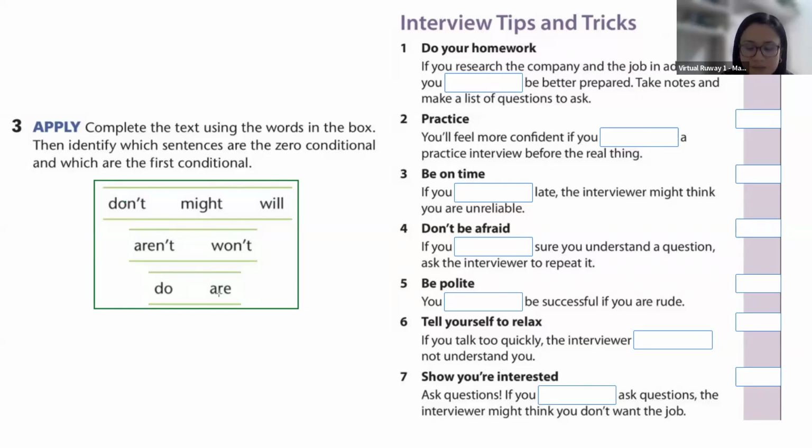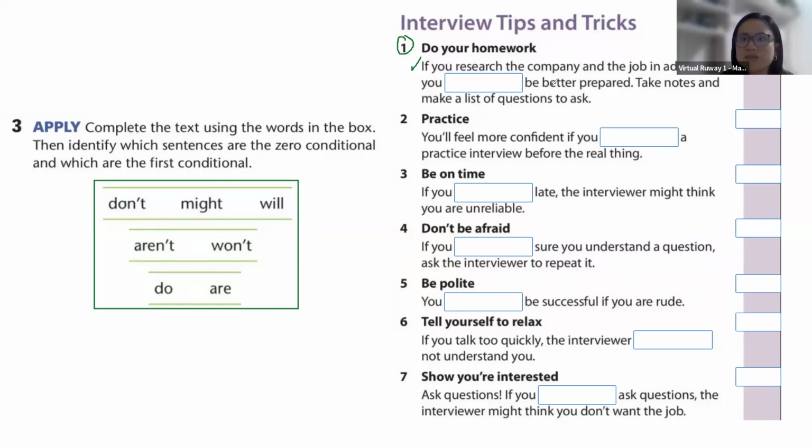For example, okay, let's do number 1 together and you do the rest. Number 1 says, do your homework, right? It's interview tips and tricks. Number 1, do your homework. If you research the company and the job in advance, you be better prepared. Take notes and make a list of questions to ask. Okay, so